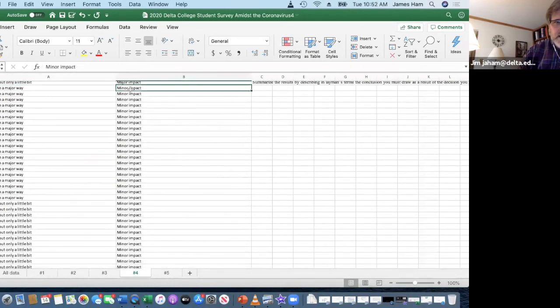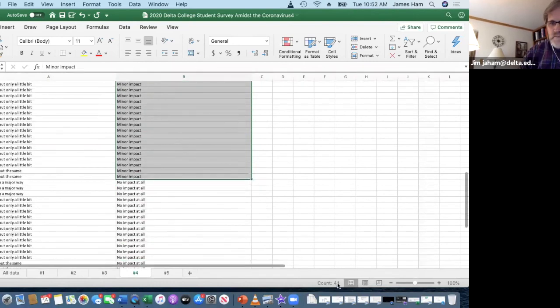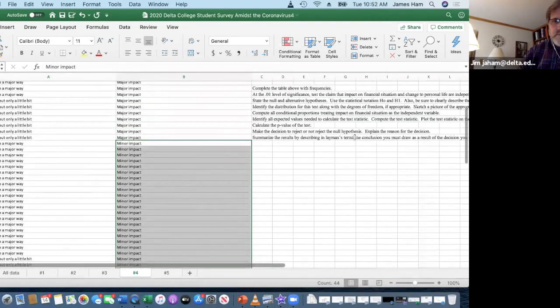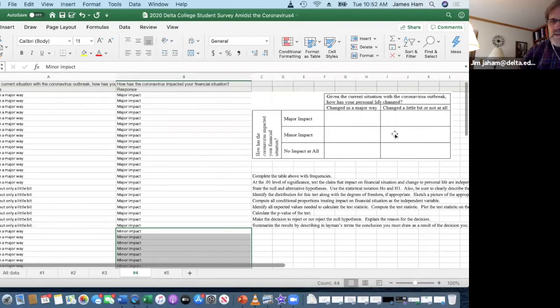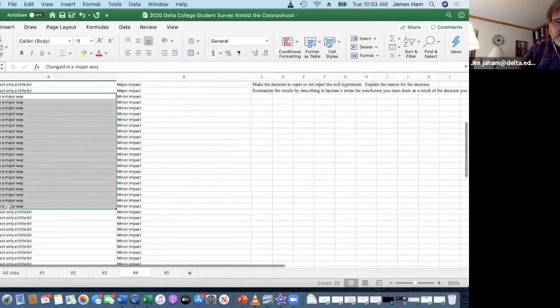For those that had a minor impact, all of these, minor impact, there were 44 of them. So these 2 added together would be 44. And then you come over here and you select the number. It changed in a major way. The first number would be 20. And